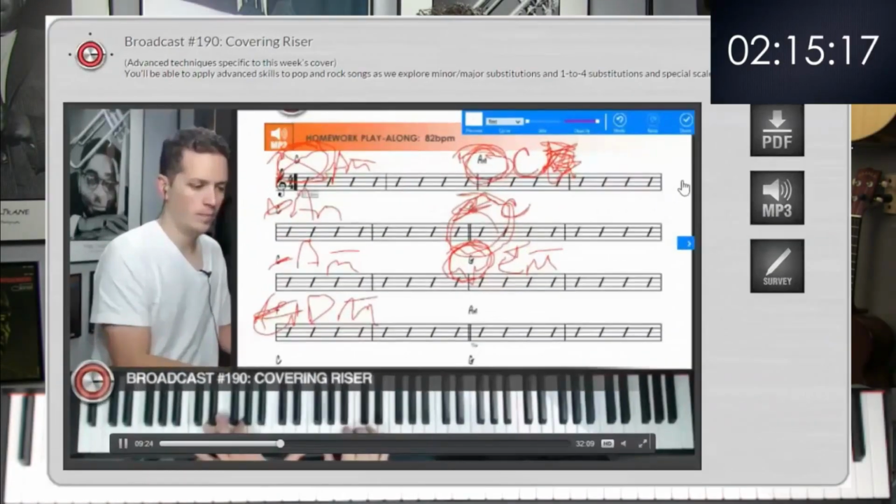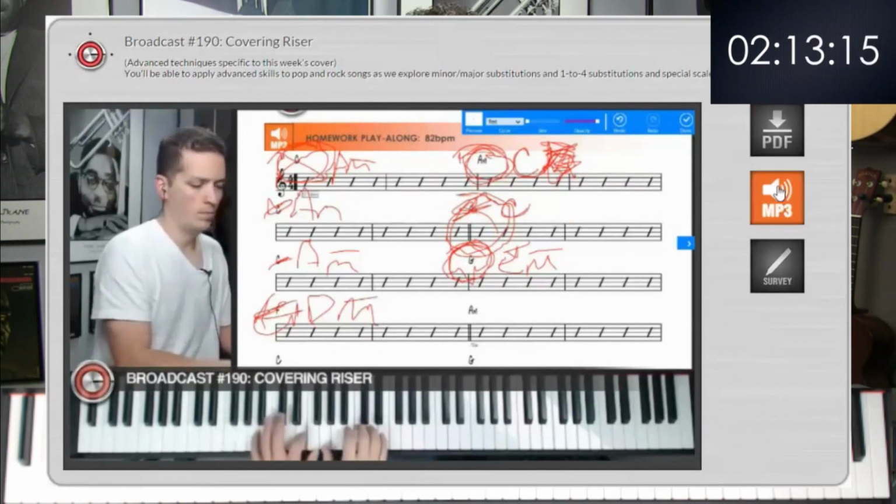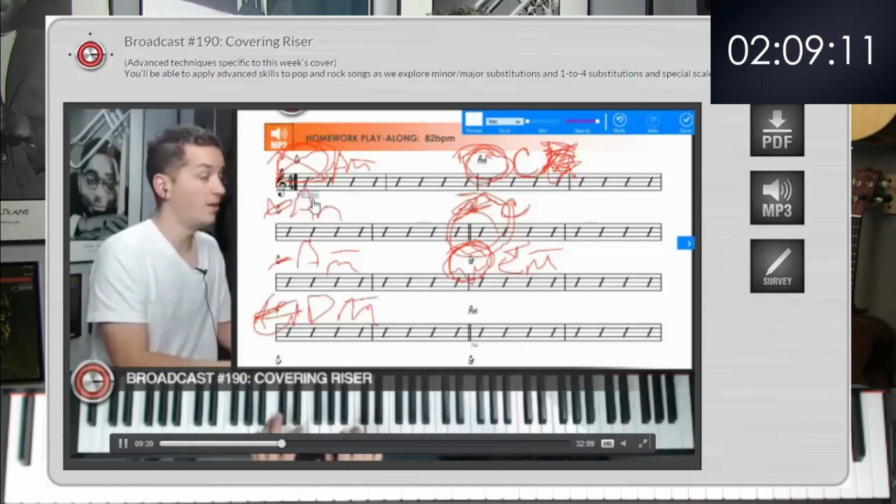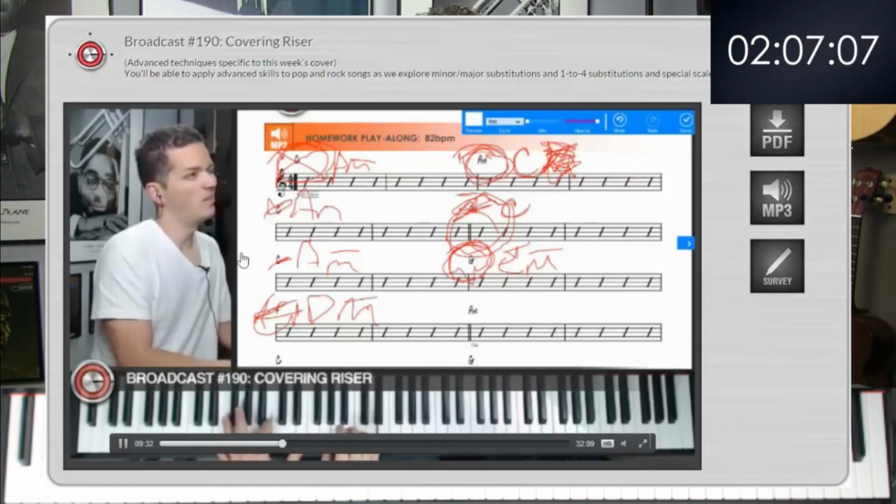Right next to this video, there should be a PDF button and an MP3 button. You don't really need those until after the lesson because I'm going to be showing you the PDF on screen and showing you how to use it. And I'll play the MP3 during the lesson too, so you know how you're going to use that at the end of the lesson. Some people, though, like to print out the PDF ahead of time, so as I'm making notes on my version, they can make the same notes on theirs, but it works either way.